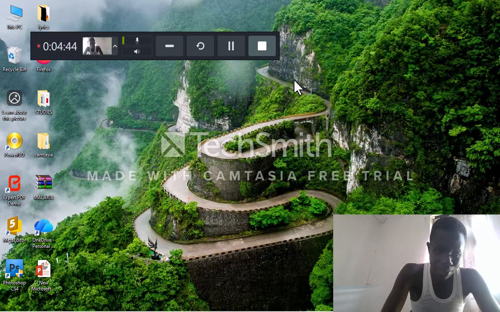The next one is insert match fields. Add placeholders in the template corresponding to the data fields. The next one is preview and adjust. Review merged documents for errors. This allows you to go over your document looking for errors, and if you find any error, you correct it. The next one is generate the document.